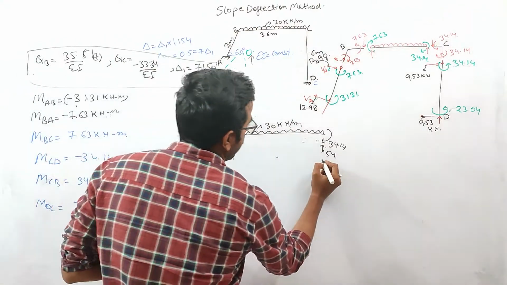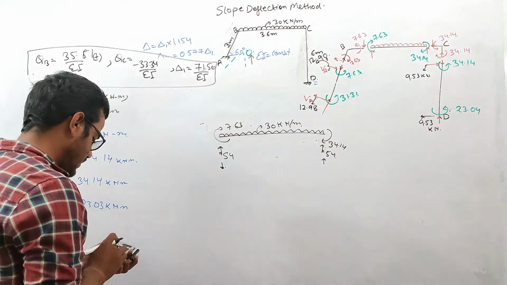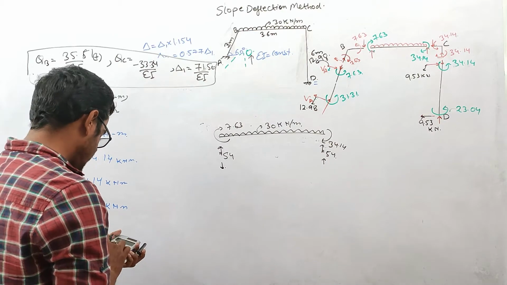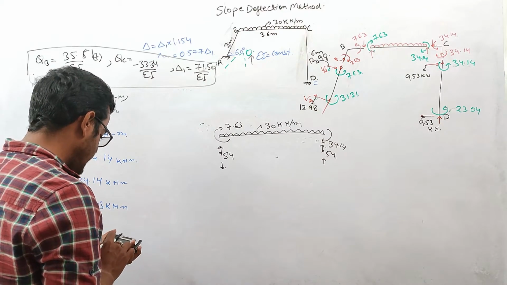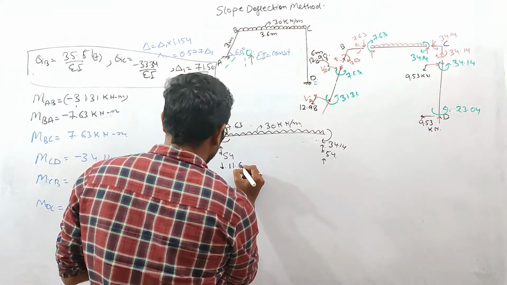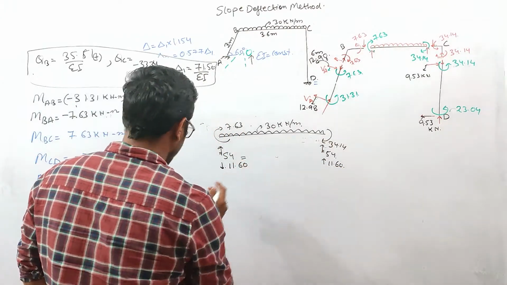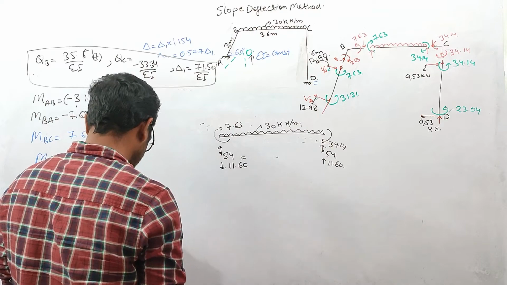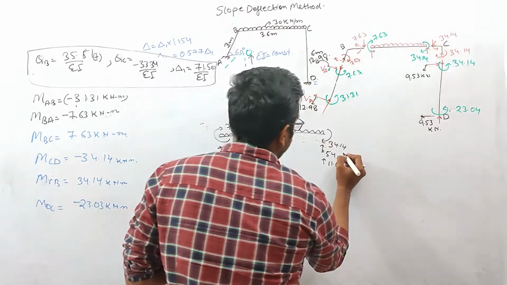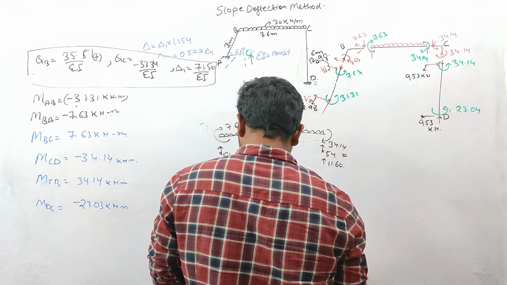So to balance this unbalanced moment, we need to have a couple in anti-clockwise direction, and the value will be 34.14 plus 7.63 divided by 3.6. So this value will be 11.60, and here 11.60. So the net value will be minus 54. This is 42.39. Okay, and here the net value will be 54 plus 11.60,